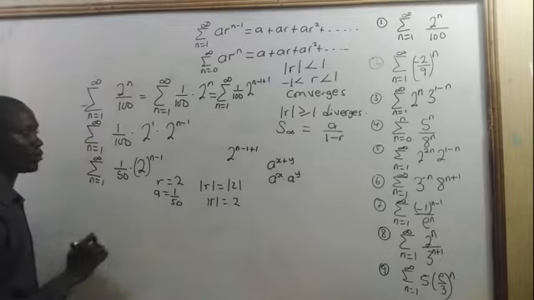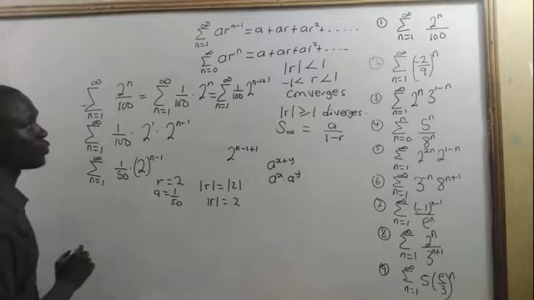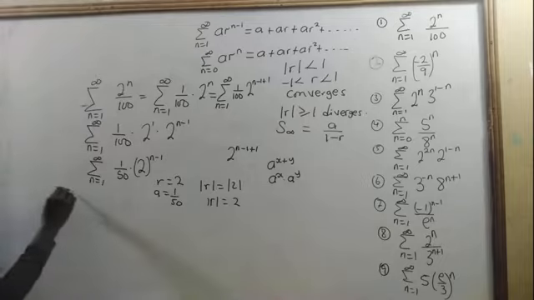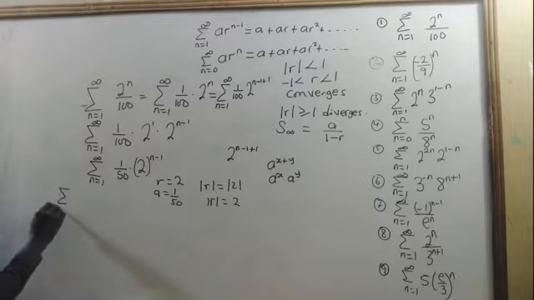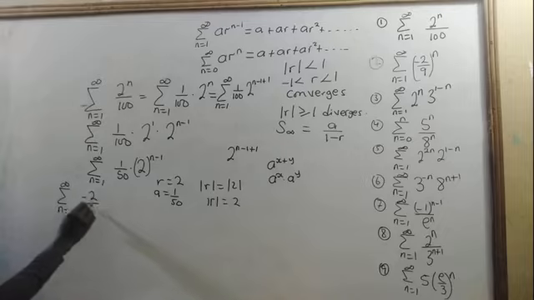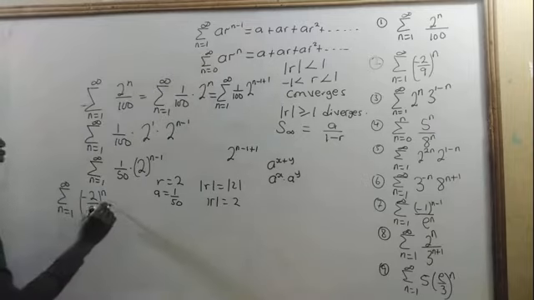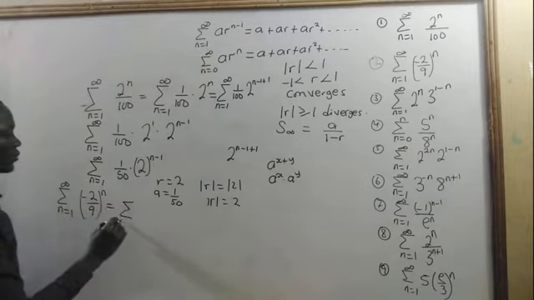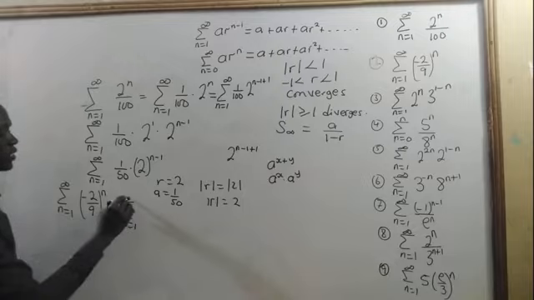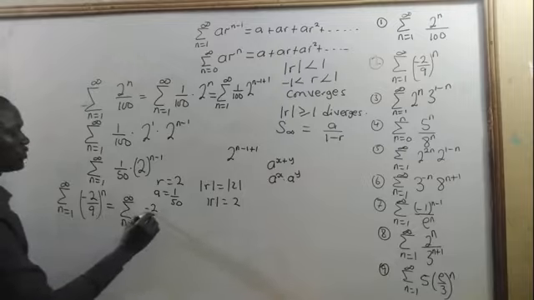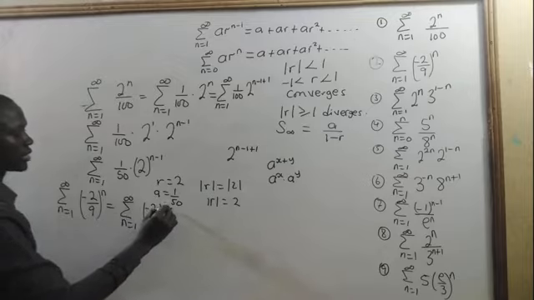Now let's look at the second one. For the second one, we have summation from n equal to 1 up to infinity, -2 divided by 9, all to the power n. Since you have n equal to 1, you have to put it into this form. That will be more simple for us. So here this is the same as summation from n equal to 1 up to infinity, -2 divided by 9 exponent n